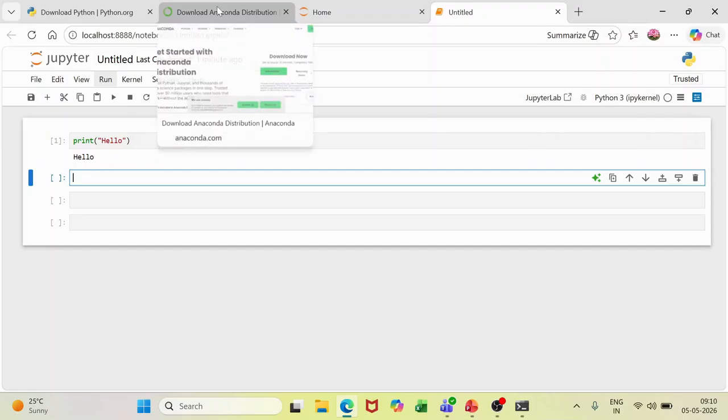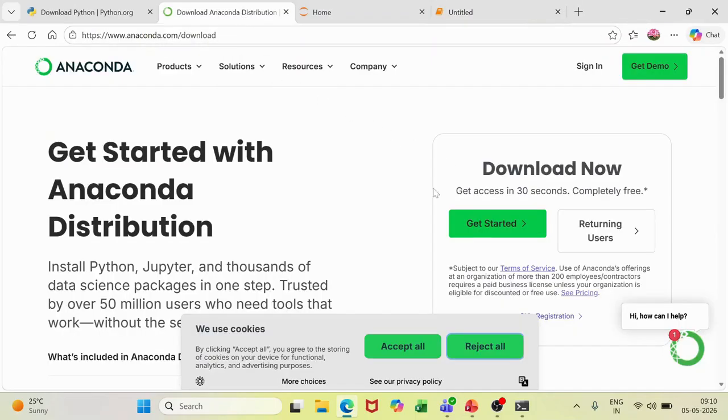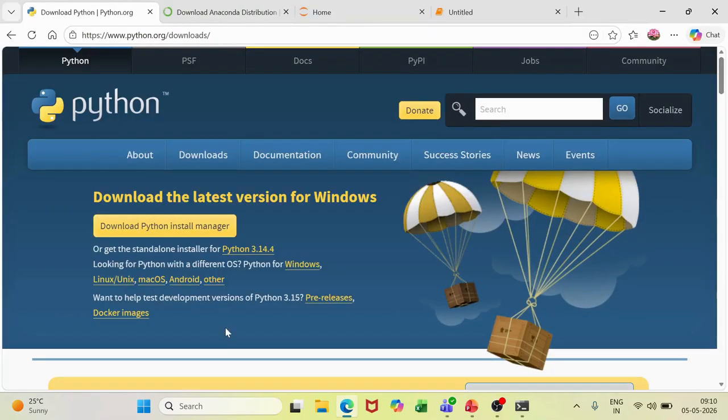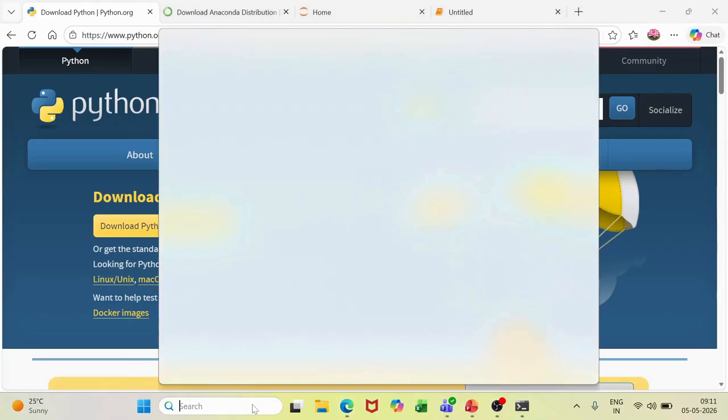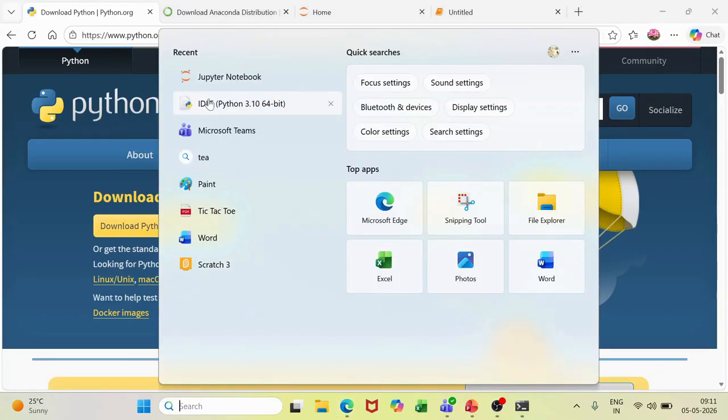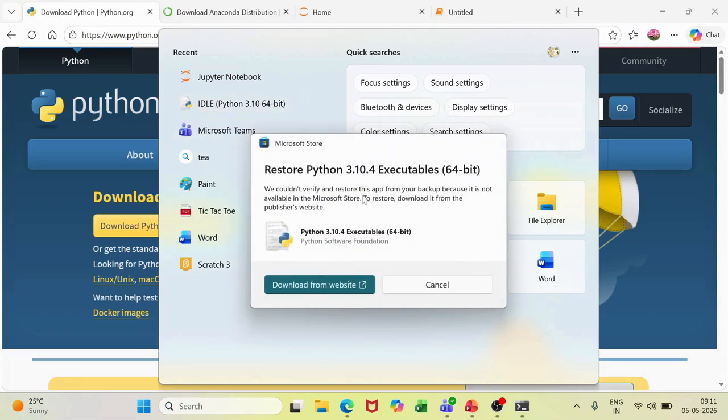So for downloading the Jupyter Notebook, you have to sign in to the Anaconda, and it will send you a mail to the registered email ID, and from there it will give you the download link. So this is the new thing which they have given. And for the IDLE, it was normal. As I said, either you can go to the python.org website, or you can just directly write in your system also IDLE, and it will start running. So as you can see, you will get this particular box. It will take you to the Microsoft Store, and from there you can get it.